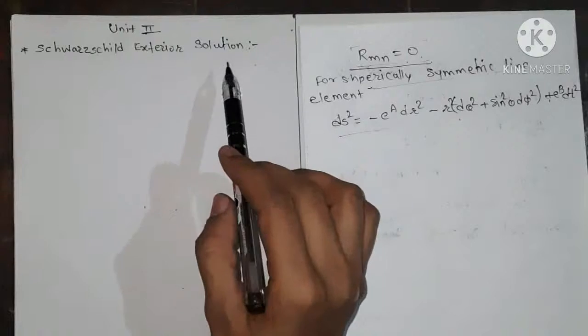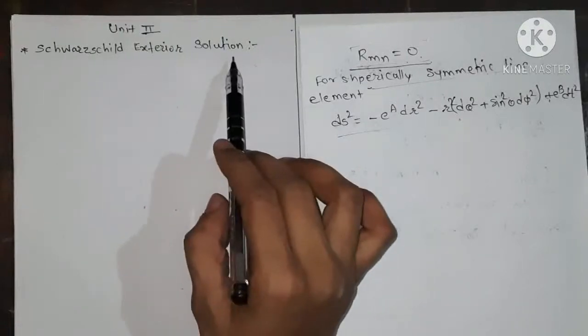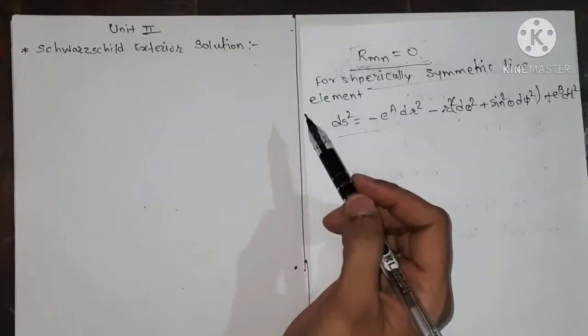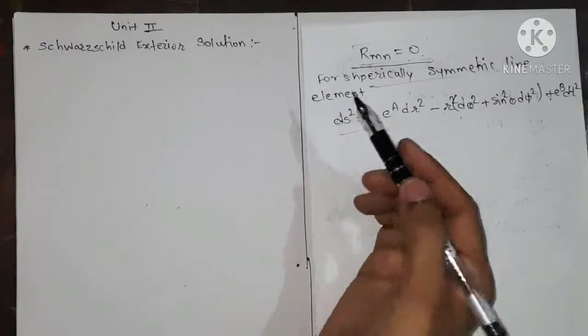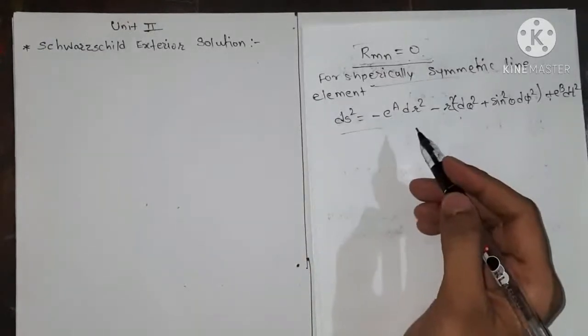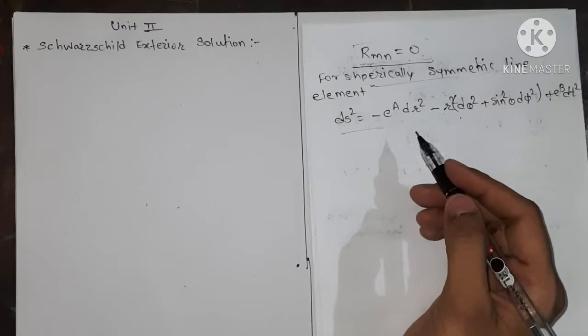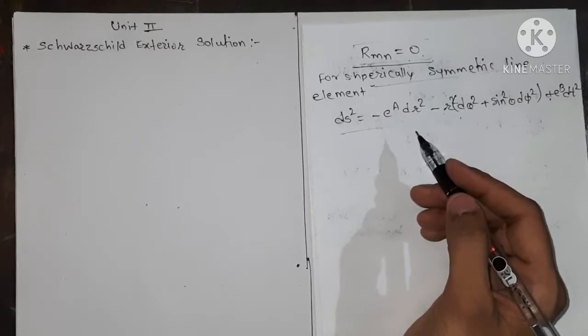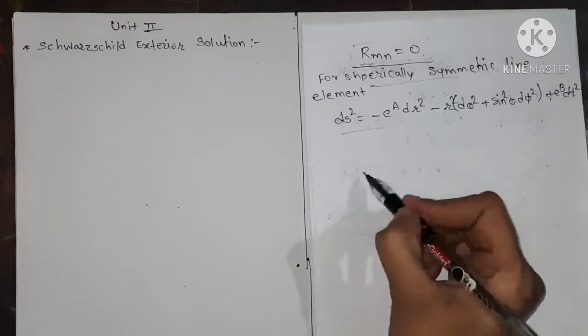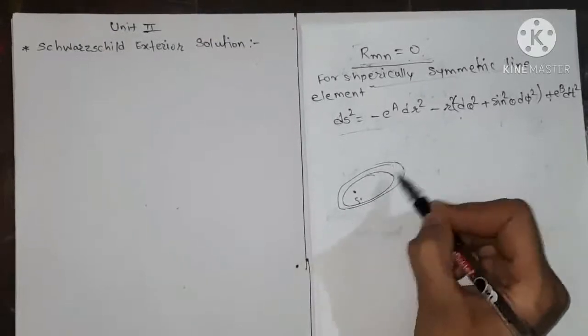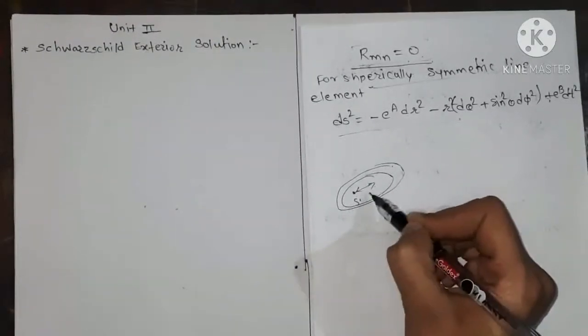And this Schwarzschild exterior solution corresponds to the gravitational field of an isolated particle. That is, for example, the gravitational field of the sun. Okay, because the sun is isolated. In the neighborhood of the sun there are no other planets within some radius. Okay, so in some radius there is nothing other than the sun. For example, if here is the sun, then the planets are here. So this distance remains here.